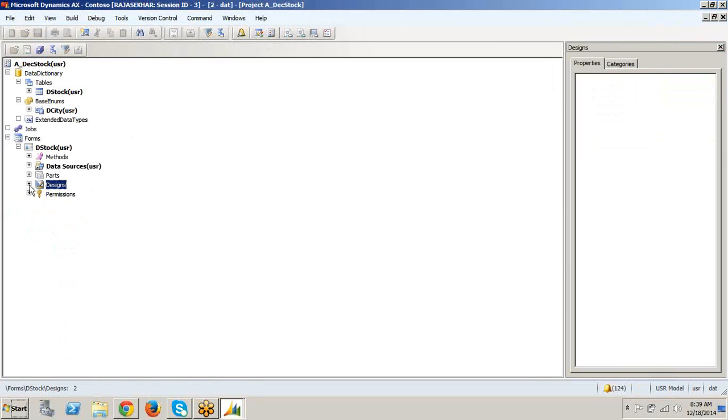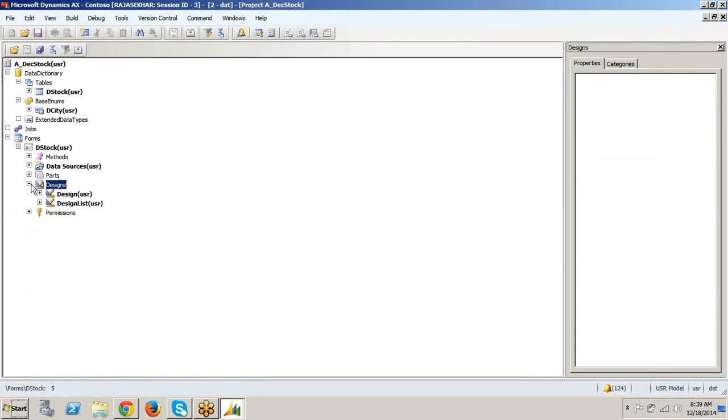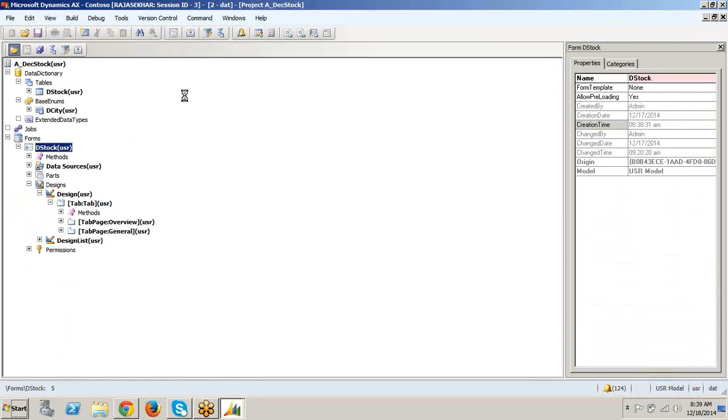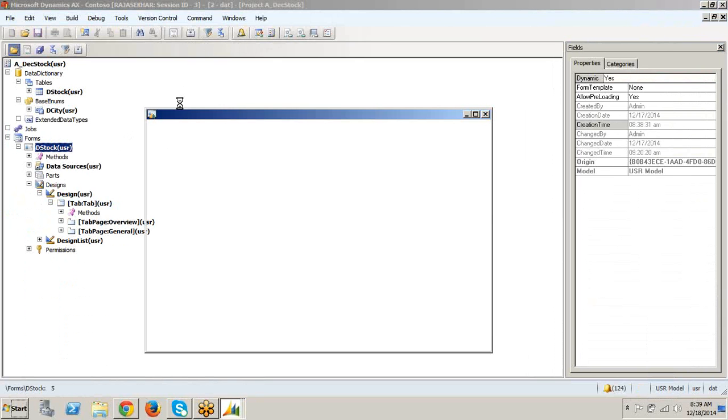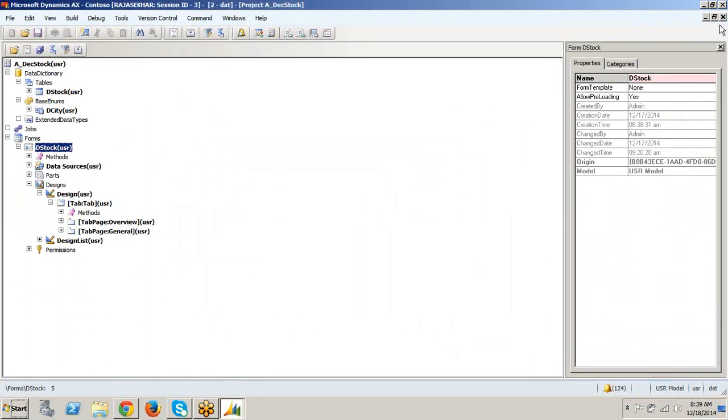Okay. Yesterday we have seen how to design a form using the data source, and we have seen how to place the controls on the form. We have seen how to place the checkbox, the drop down and the radio buttons, right? Srinivas, any doubts from the previous class? No, Banu, I'm good. Okay, Rajesh? I'm good, Banu. Okay, fine.